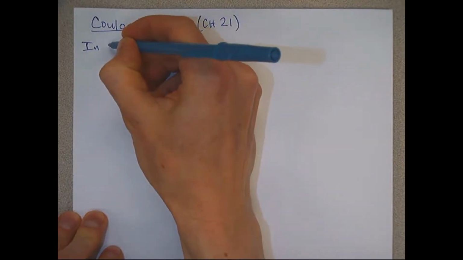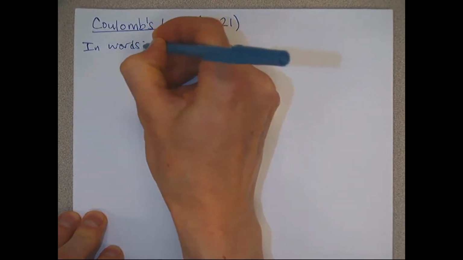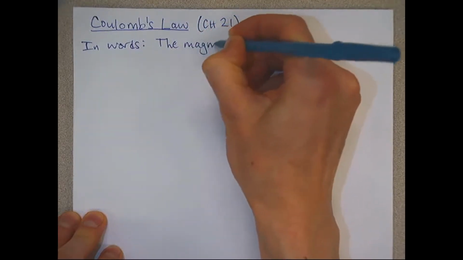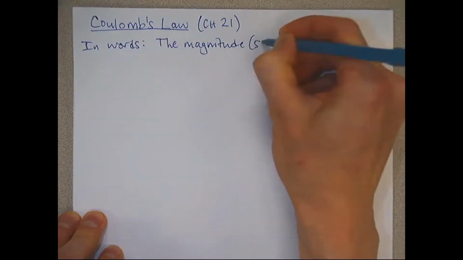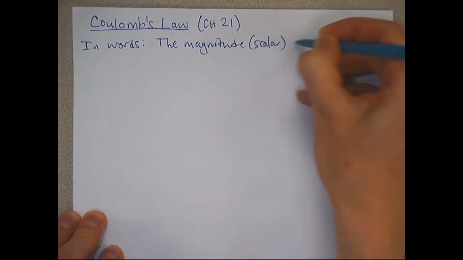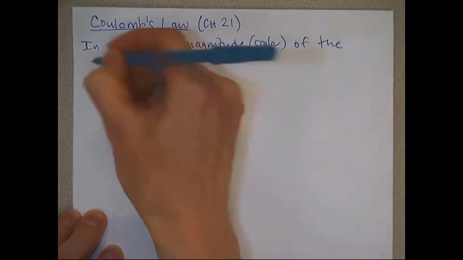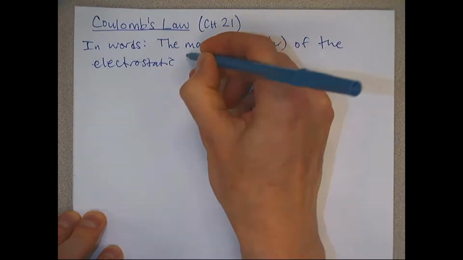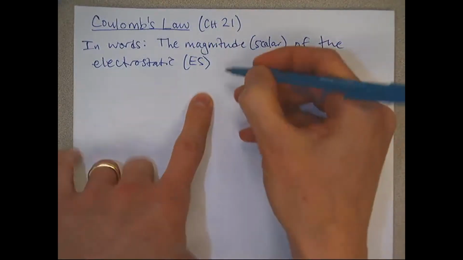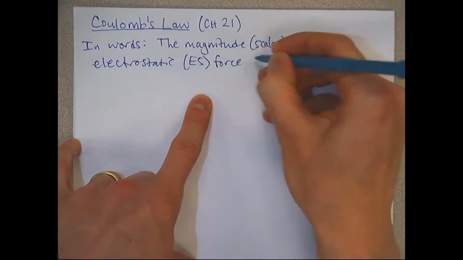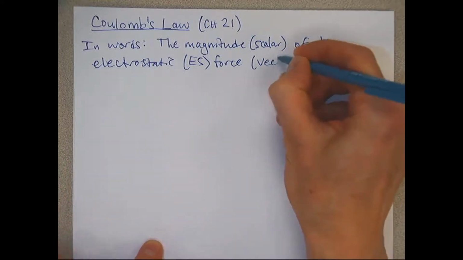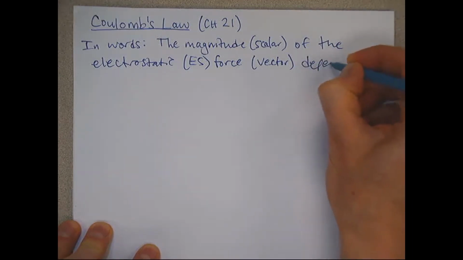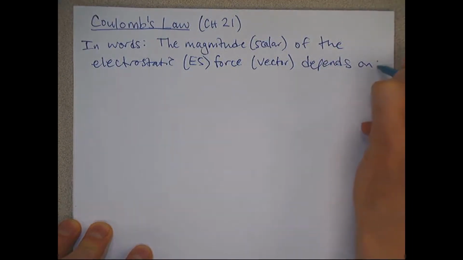If you were to put the law into words, you could simply state it as the magnitude, which is a scalar, of the electrostatic force, and I'll use an abbreviation ES throughout. That force itself is a vector quantity. The magnitude of this force depends on two things: